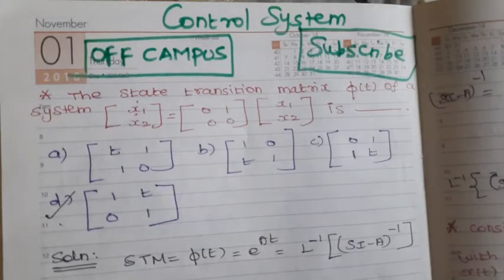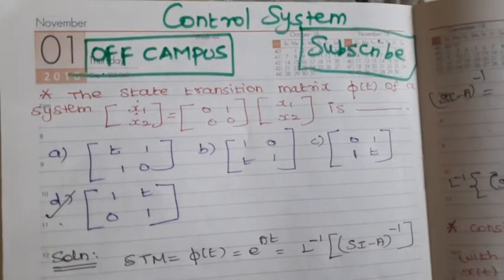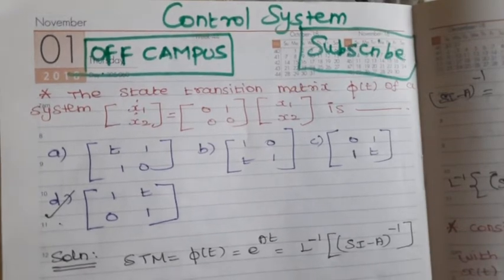Already in our previous video we have solved many problems, and before that we should know, whenever solving control system problems, we should be very thorough about Laplace transform and its properties. Previously we have posted Laplace transform from the basics, from zero to end. You can check the playlist under engineering mathematics, where you can find Laplace transform properties and solved examples. We should be thorough in those properties, then only we will be able to solve these problems based on control system.